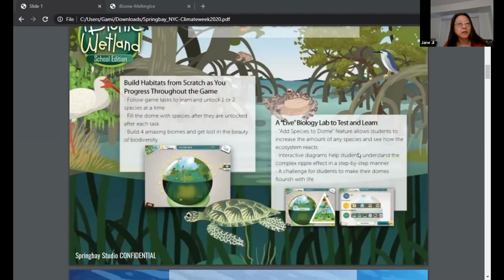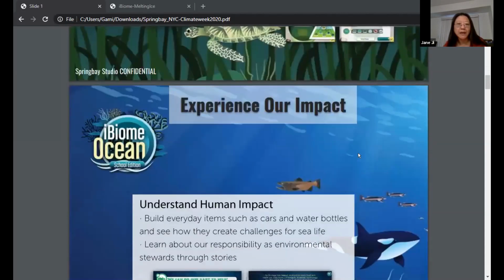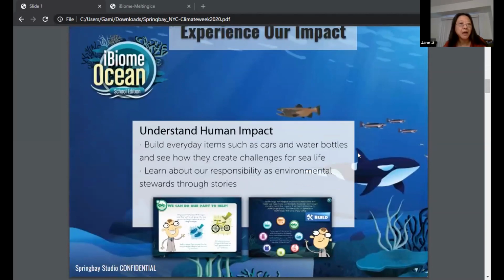Further, based on the success of the wetland game, we continued to create our second game, iBiome Ocean, built on top of everything that its predecessor has. We also added stories to talk about the human impact. For example, every kid in the modern world enjoys cars and plastics and all those conveniences. But what is the environmental impact of the convenience that we enjoy every day? For the first time we use stories to encourage kids to explore the cost associated with our comfort.